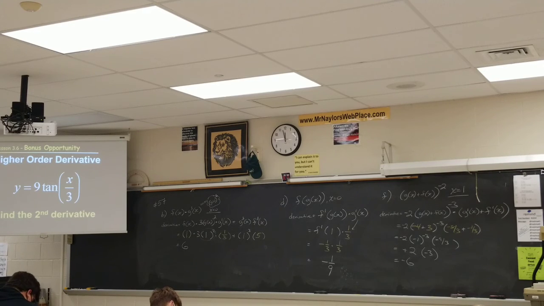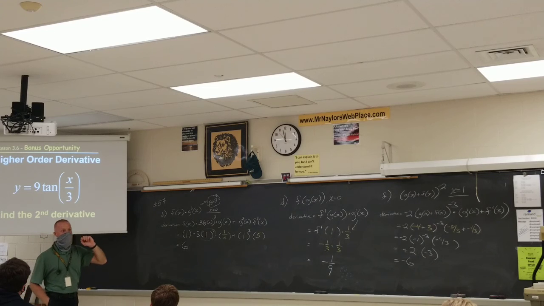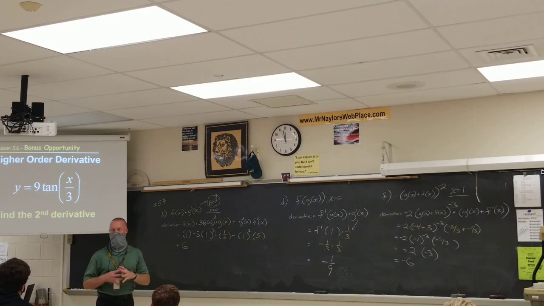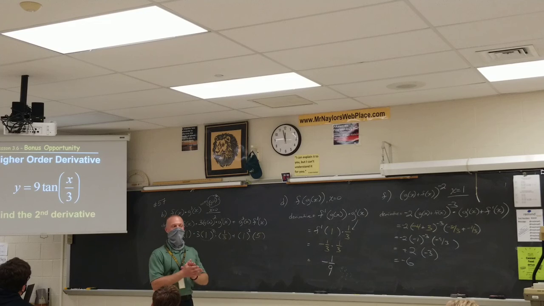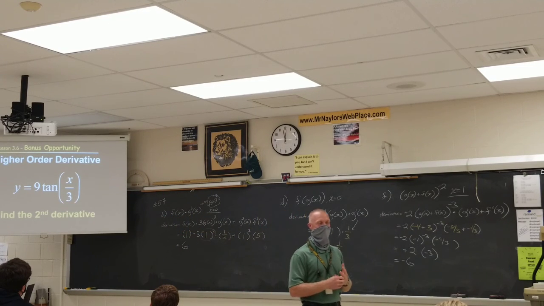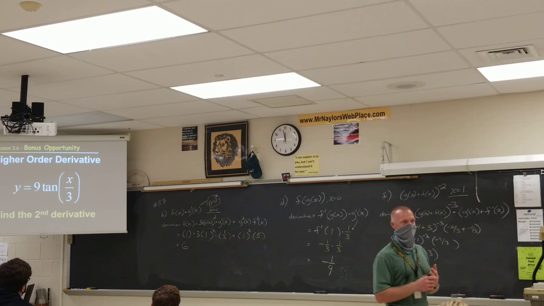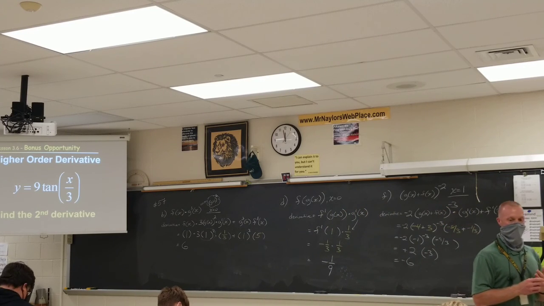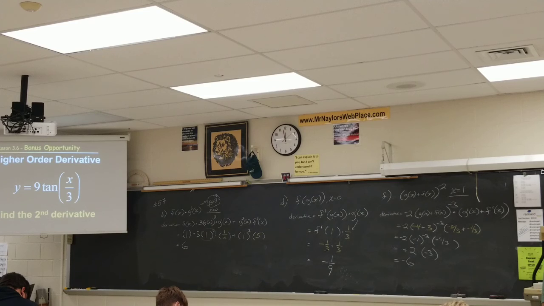The one thing that I'm going to say to you, because I really hate to see this mess you up, x over 3. X over 3. That's the same as 1/3 x, right? 1/3 x. So you really need to be careful as you think of 1/3 as part of the inside. Okay, that hopefully will get you onto the right start with the derivative. So you're doing the second derivative